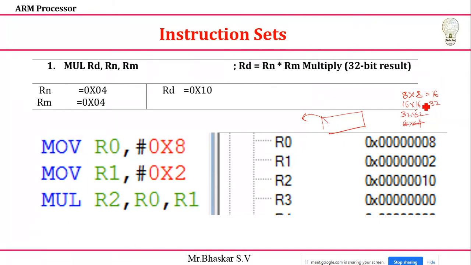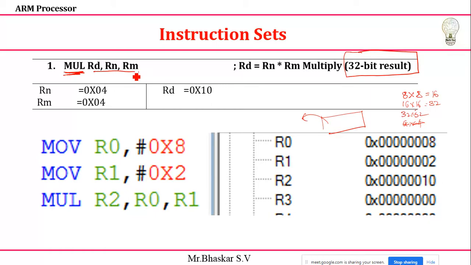Okay, so today we are going to discuss one instruction for multiplication, that is MUL. This is the instruction I am going to use. This instruction has the capacity to store a result of a maximum of 32 bits. If it's more than 32 bits, I am looking for some other instructions, which I'll explain later. So this is the form of MUL, for multiplication, followed by three registers.